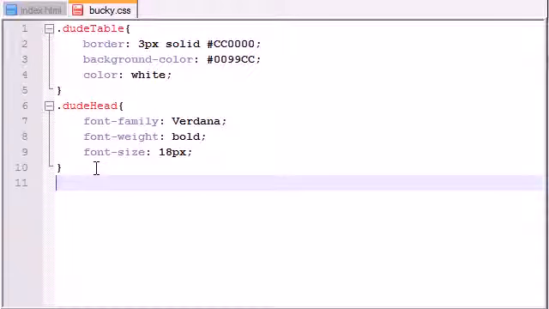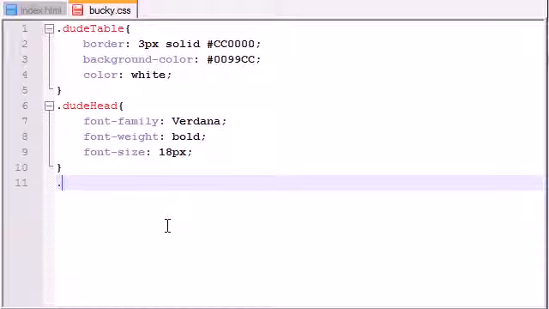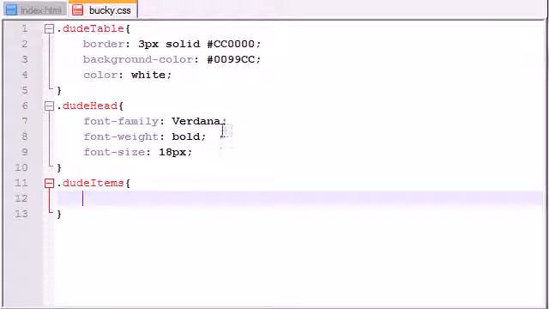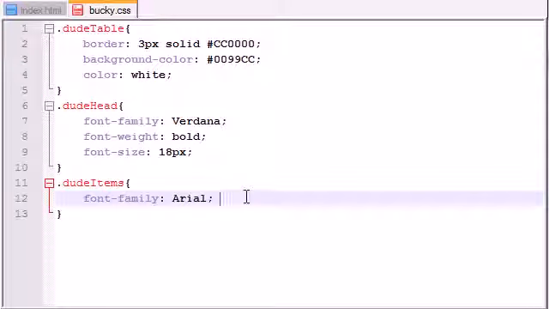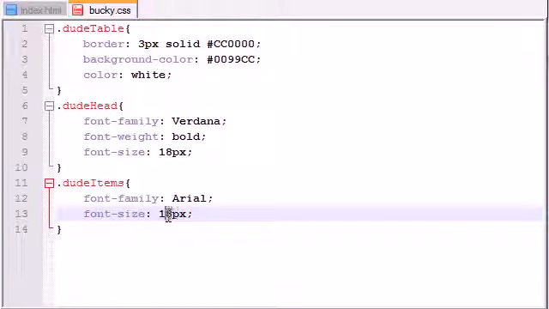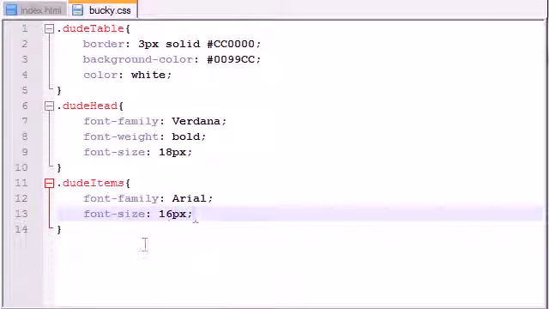And now the last thing we need to do is take care of the items styling. So we're going to put dude, and we'll just go ahead and put items, I guess. Now for font family, we'll just go ahead and copy this, but we're going to change it to Arial, and we'll just go ahead and copy this font size. And we'll put this at 16 because I would like the text on the head to be a little bit bigger than the items right there. I think it will look a little bit more